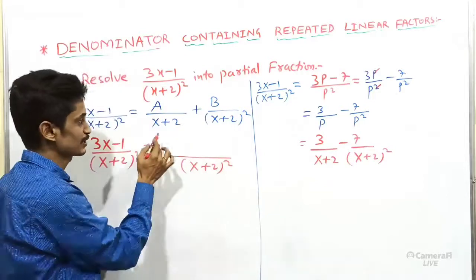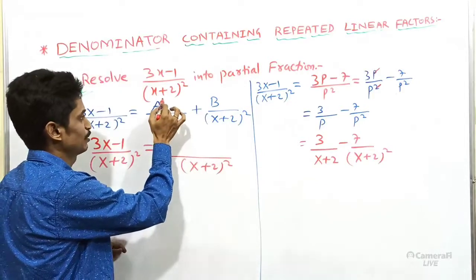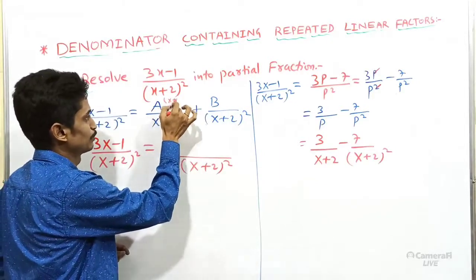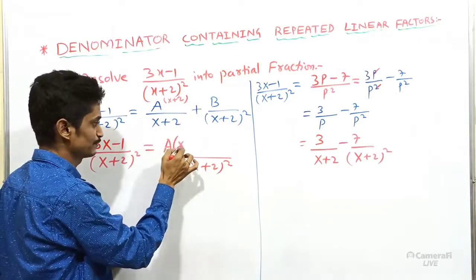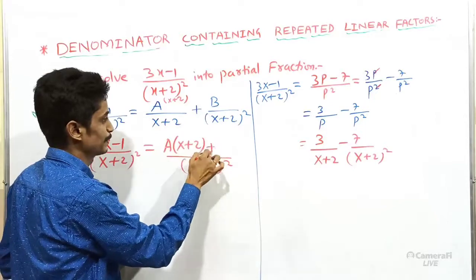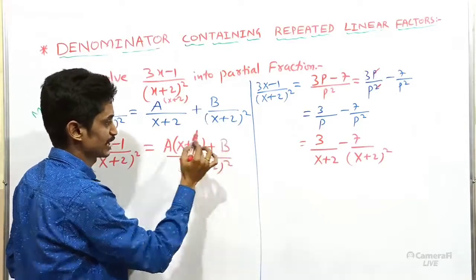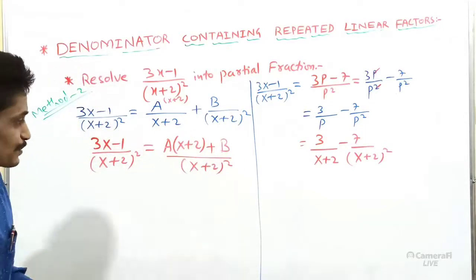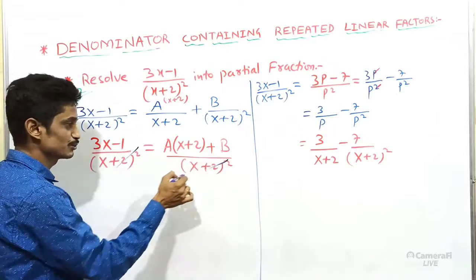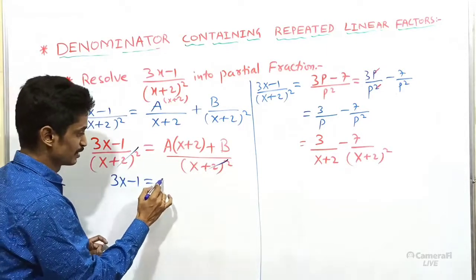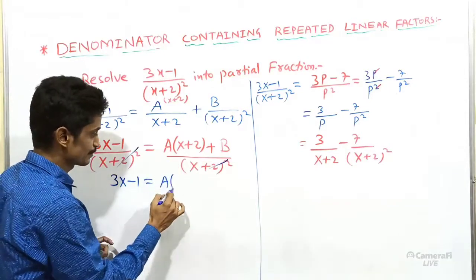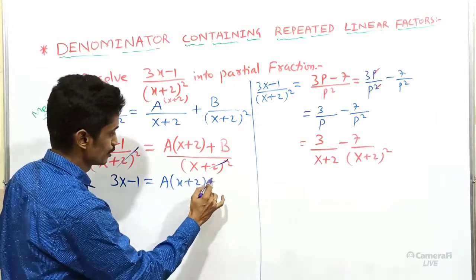Cross multiplication: here x plus 2 one term we have, we multiply one more term, that is x plus 2. It becomes a times (x plus 2) plus b. After this, making them cancel, just 3x minus 1 is equal to a times (x plus 2)